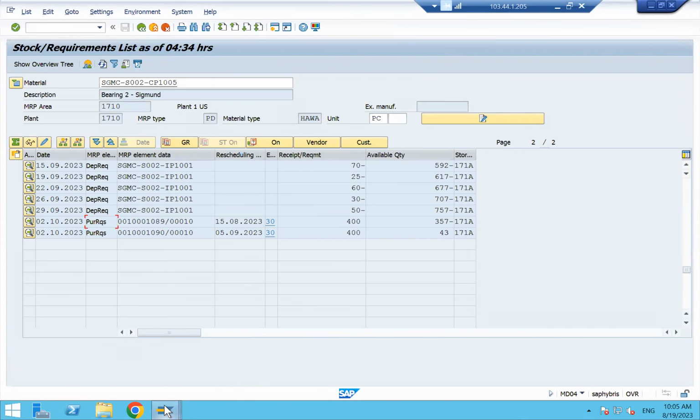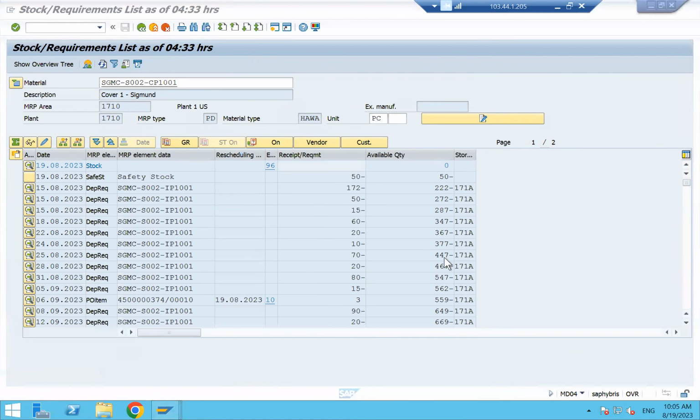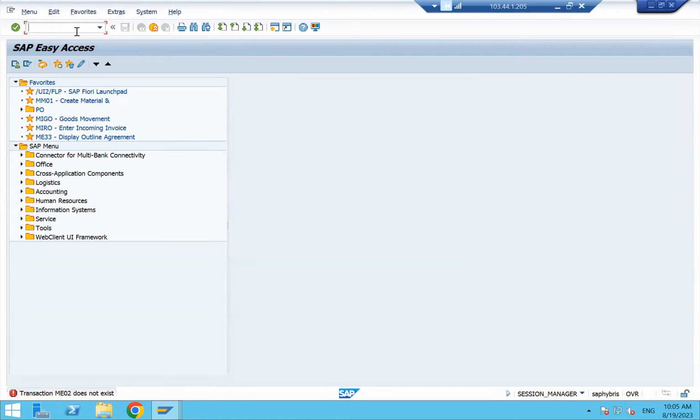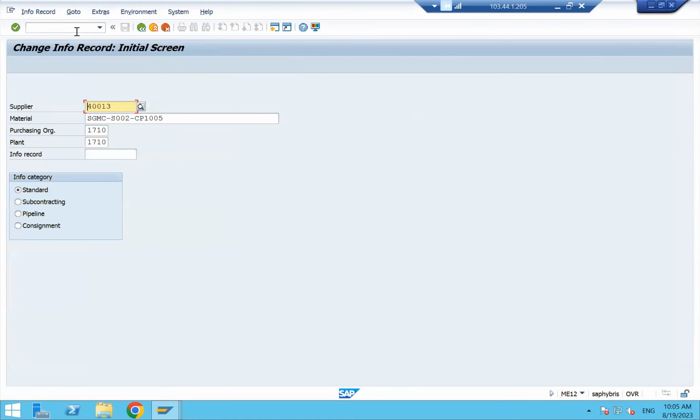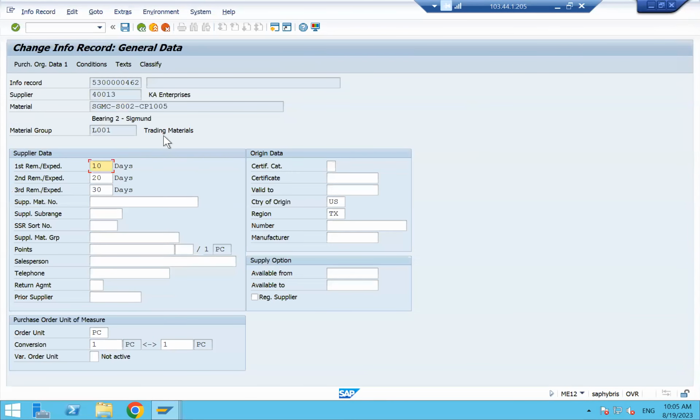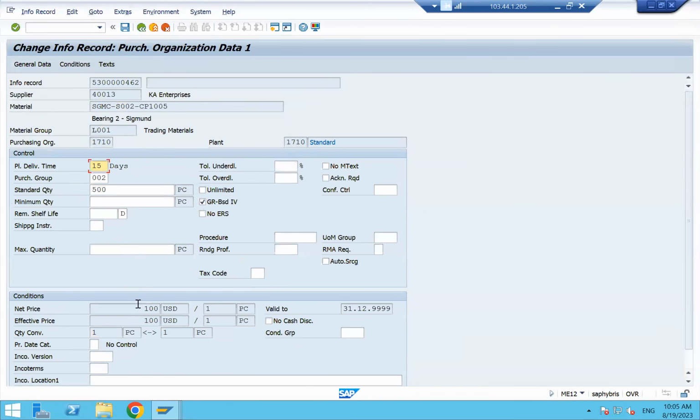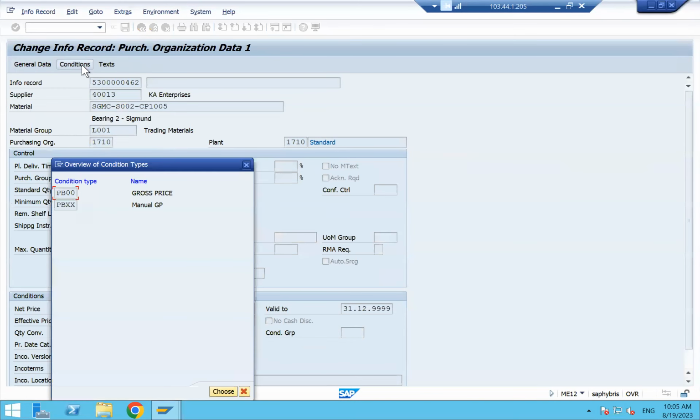So here I am in the same material. If I go to the info record change, sorry, ME12, because the system is picking the same material, I will not face the hanging problem now. It will go just like that. See here, the purchase organization details prices are okay, but when you go to conditions, when you go to the PBXX,